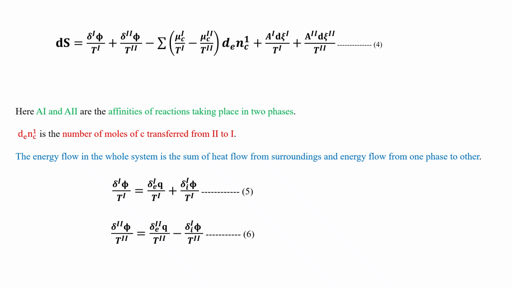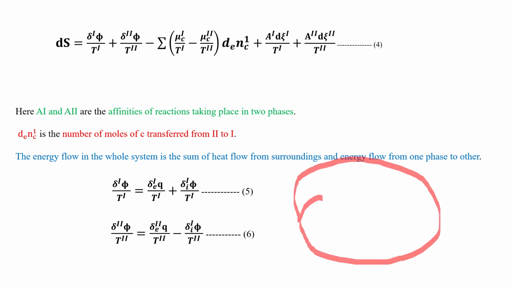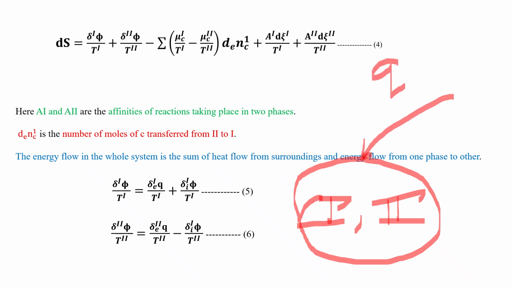So here it says that the system has two phases, 1 and 2. Here you can see the heat will be exchanged, or heat will be flowing from the surrounding to the system. Since it is the surrounding, the heat flow from the surrounding to the system can be represented